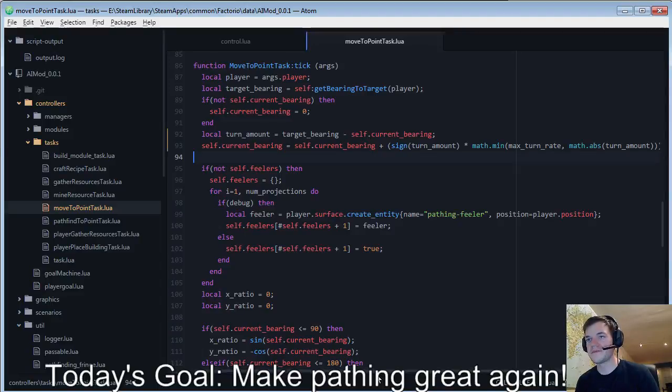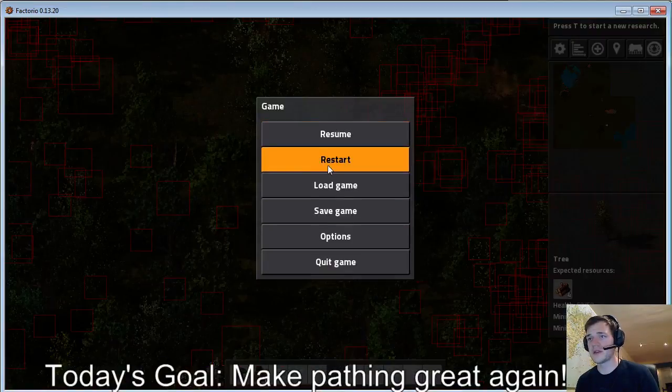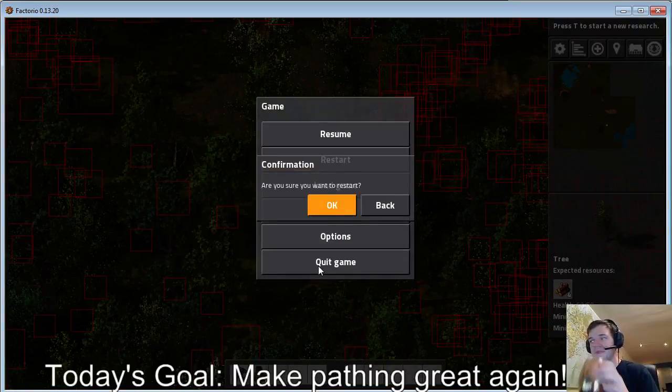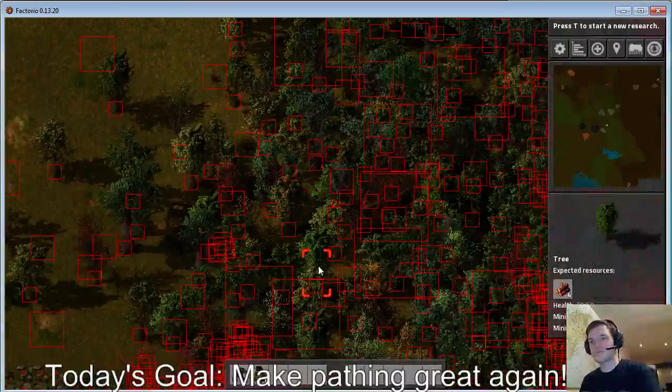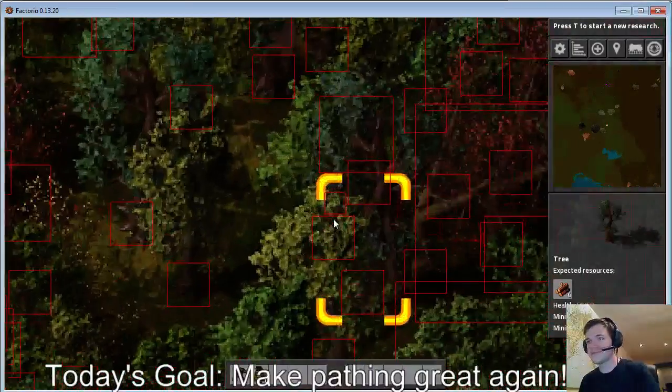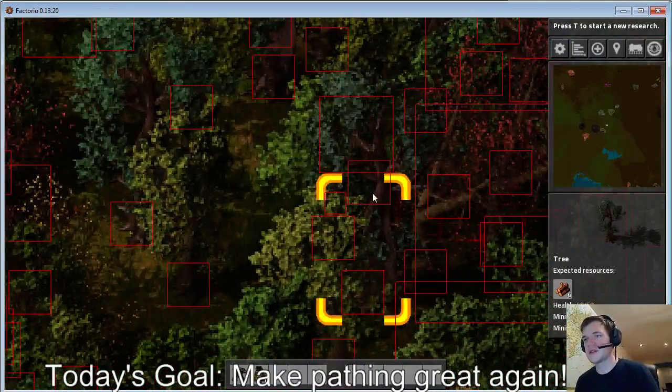Yes, cool. Okay, I think that will fix that part. And then I've also bumped the turn speed, so hopefully this works. Well, still get stuck in situations like this where here we're trying to